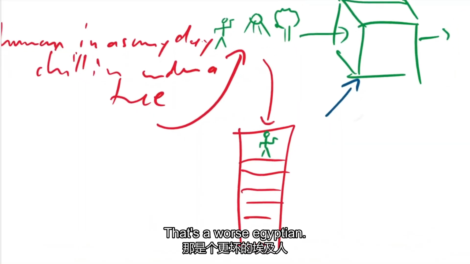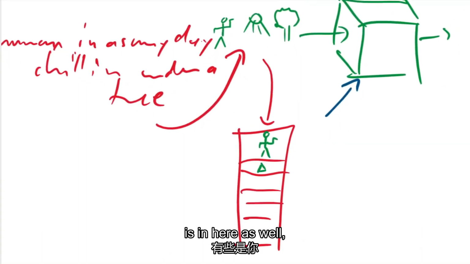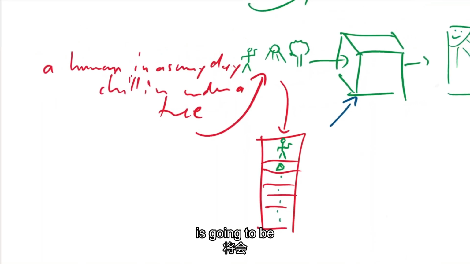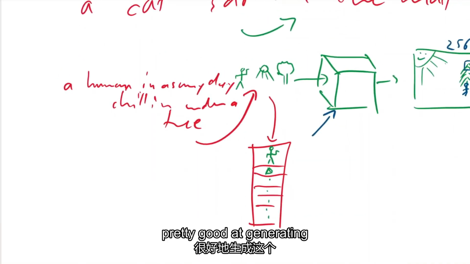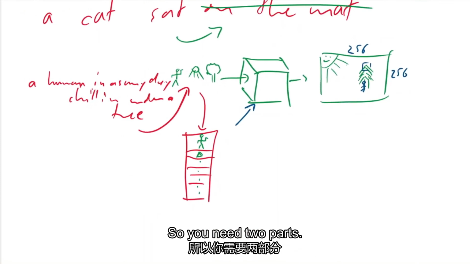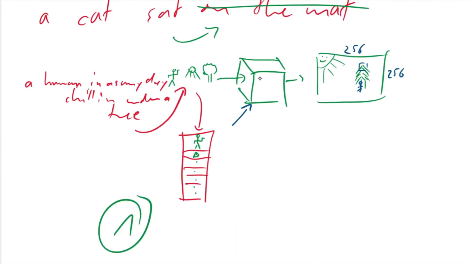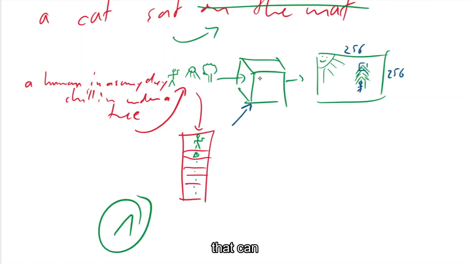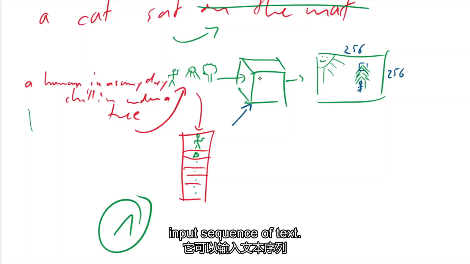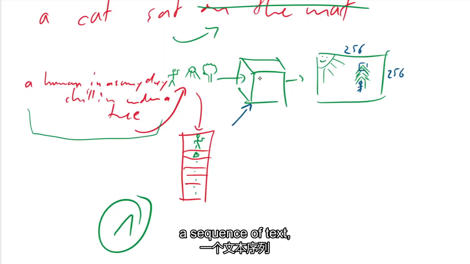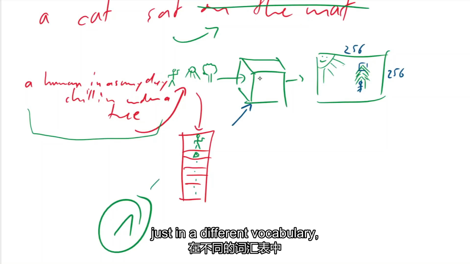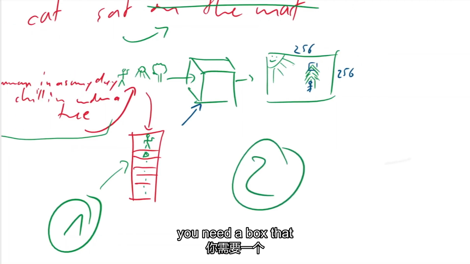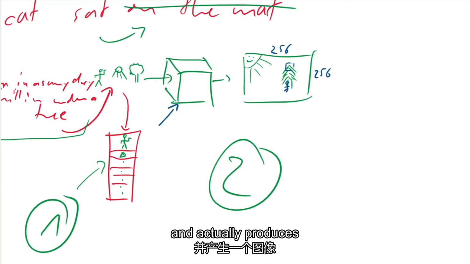And then the pyramid is in here as well, some that you need, some that you don't need. So if there is a vocabulary, the transformer is going to be pretty good at generating this thing. So you need two parts. The first part right here is a transformer language model, a GPT-3 thing that can input a sequence of text, and it can output a sequence of text which is just in a different vocabulary, namely this picture vocabulary. And then in step 2, you need a box that takes in this picture vocabulary and actually produces an